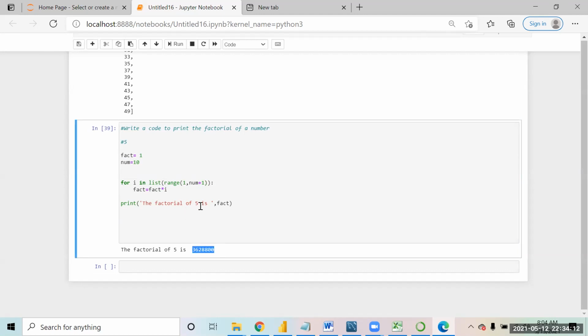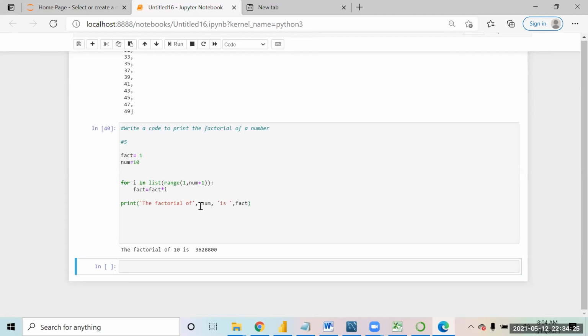This will be the factorial of, I write num over here, comma, right? So that way the code will become dynamic. I just need to change my number. I write 15 over here and that is how I do it.